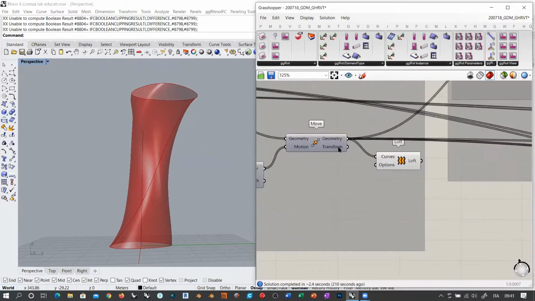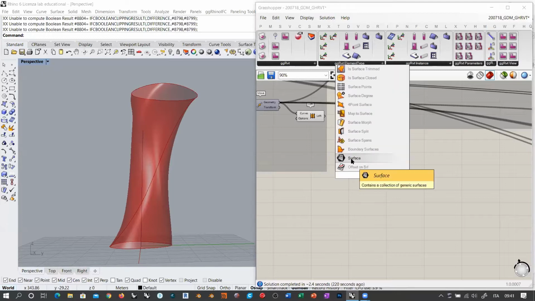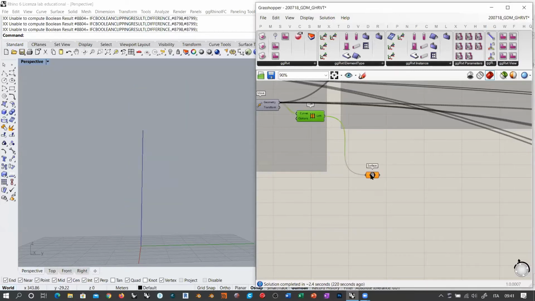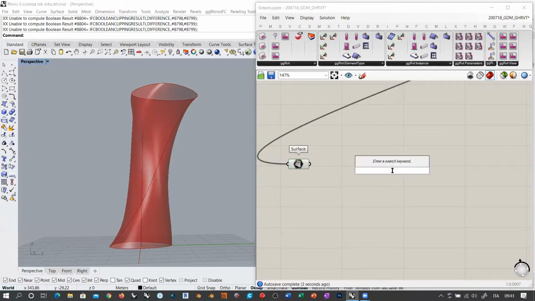Now let's explore this with a pretty simple approach, okay? So I'm going to take this surface out of the actual workflow, bring it down here in order to create some additional workflow. So what I want to do, I want to create a facade system along this surface here,